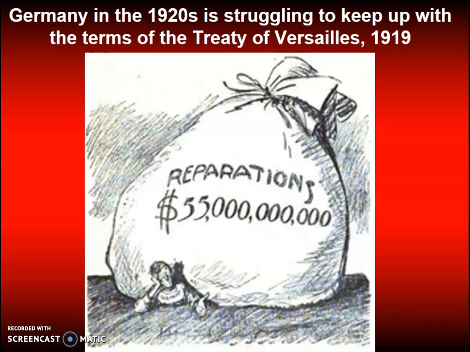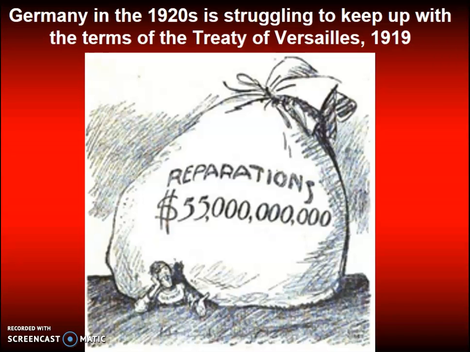If you'll recall, the terms of this peace settlement between the Allies and Germany were quite harsh. Germany's military was drastically reduced in size. The country will also lose about 13% of its pre-war territory. They had to accept full blame for starting the war with the War Guilt Clause, or Article 231.